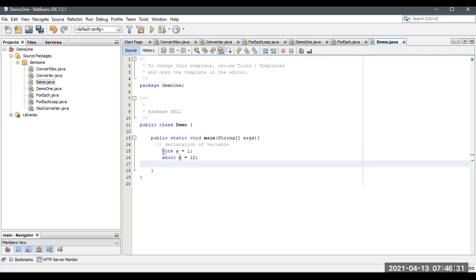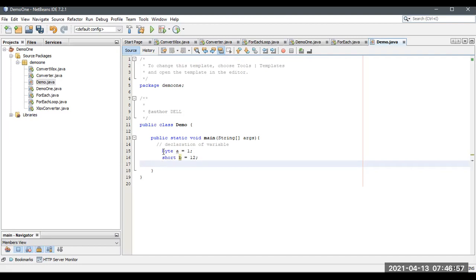For byte itself, they assign a particular size, not exactly a size, actually it's a range. It has a particular range, like -2 plus. These are the values we are going to assign. In this range only, we can assign to the byte.